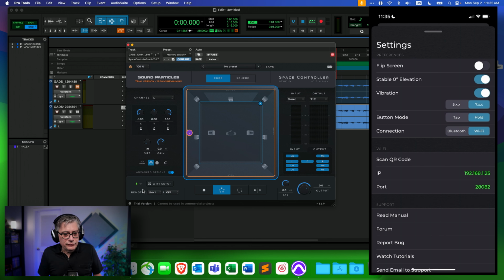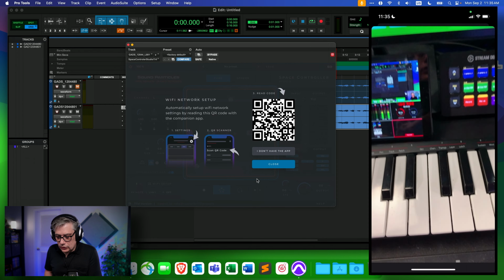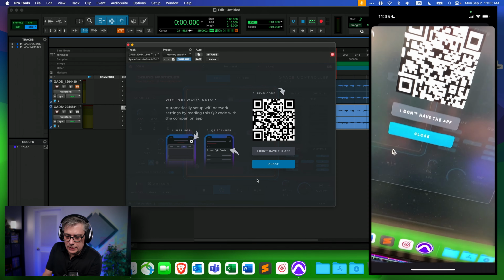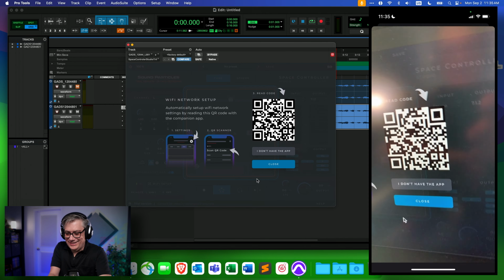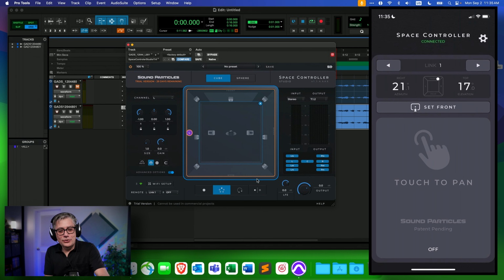And if you connect through Wi-Fi for the first time, you can click on this Wi-Fi setup button. And this is actually really convenient. It will open up a QR code. And all you really need to do is click on scan QR code here. And oops, let me just, I hope I can see that. And now it has found the connection and connects automatically. So this is really, really convenient.